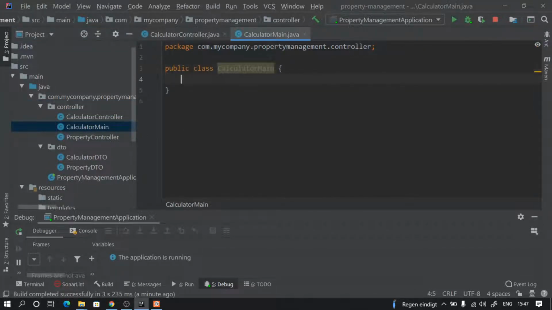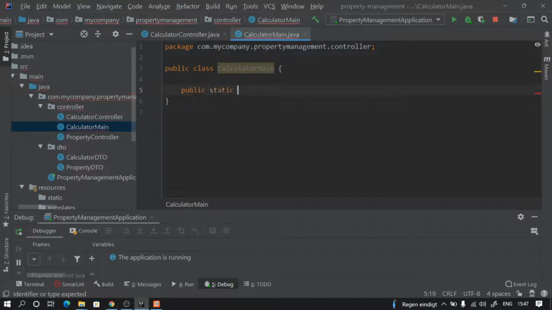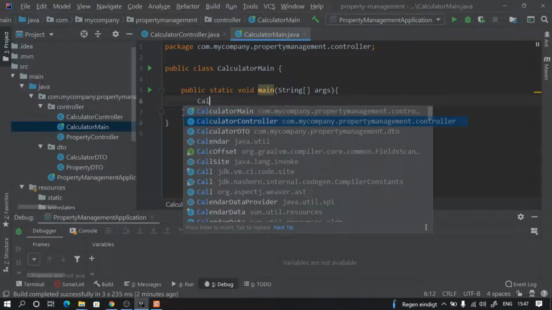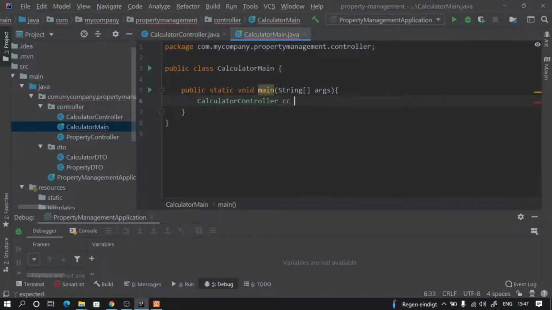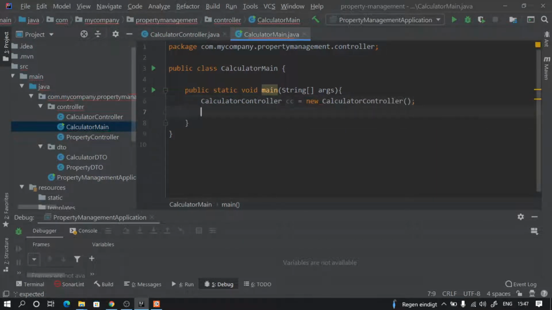I will say public static void main, String array args, and now I will stop this server. I will say CalculatorController cc is equal to new CalculatorController, and now I can say